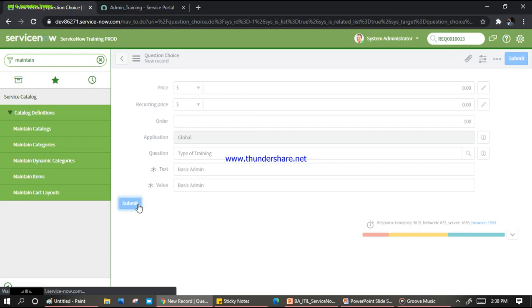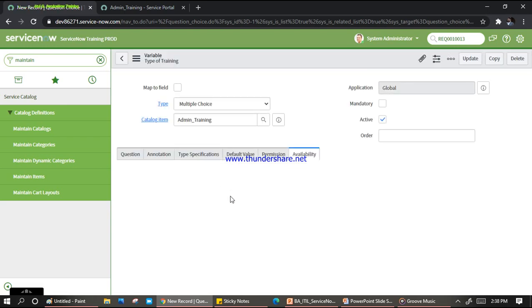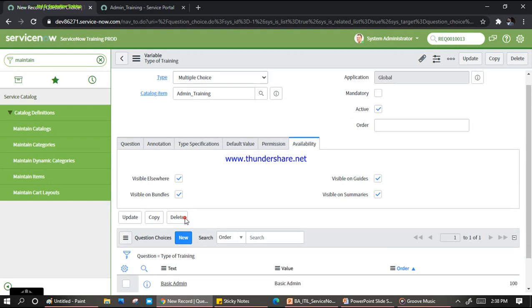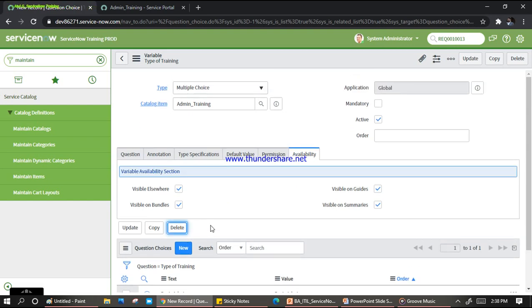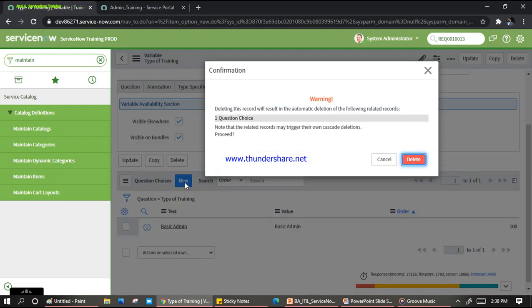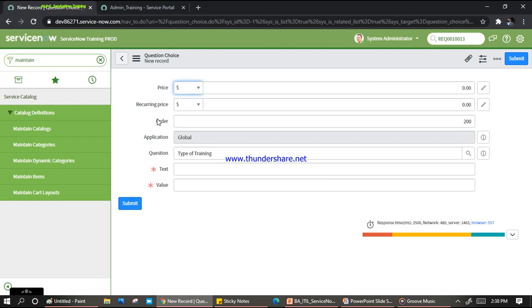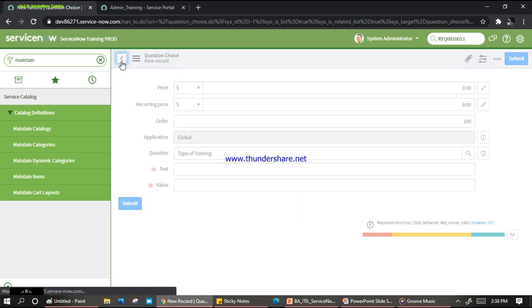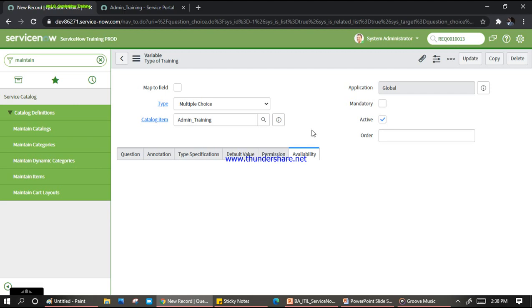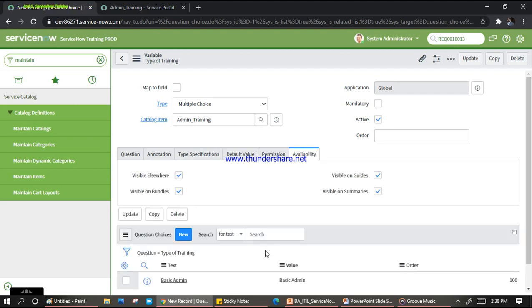One value is there, let me put two more values. Now let me go to the second value. Two values will be added here. Oops, I did something. Click here, new. Oh, oops, something went wrong, I guess. I clicked by mistake. I clicked on the delete. It should not delete anything. Oh, fine. It is there. We are safe.